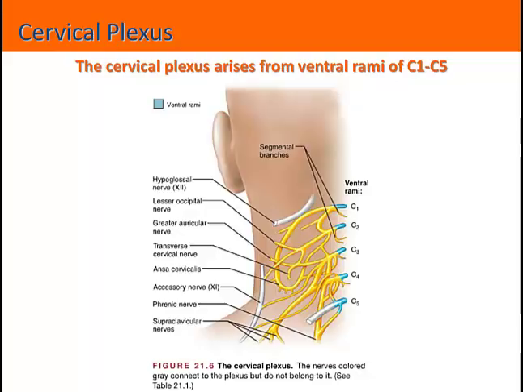One example of a nerve that arises from the cervical plexus is the phrenic nerve. Now, anytime we talk about one of these nerves, we want to consider what the origin of that nerve is, or which spinal nerves or ventral rami give rise to the nerve in question. And so the phrenic nerve arises as a result of the spinal nerves C3, C4, and C5. The phrenic nerve is a pretty darn important nerve. It supplies motor control to the diaphragm, and so in doing that, controls breathing.